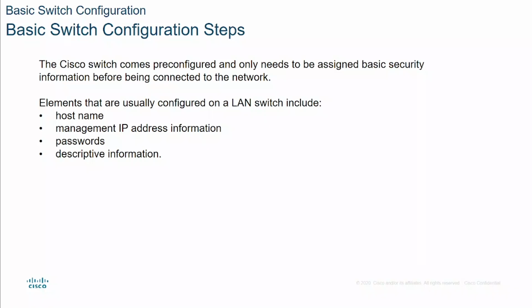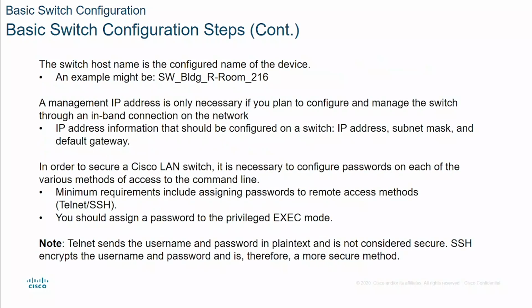So, basic switch configuration. A Cisco switch comes pre-configured and needs to be assigned basic security information before being connected to the network. Elements that are usually configured on a LAN switch include the host name, management IP address information, passwords, and descriptive information. The switch host name is the configured name of the device, for example, by default,